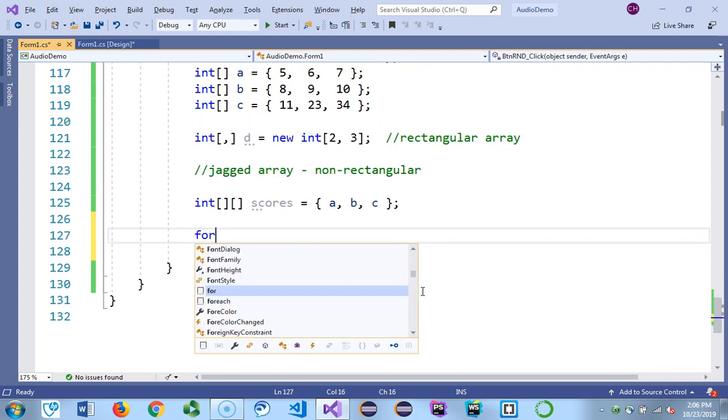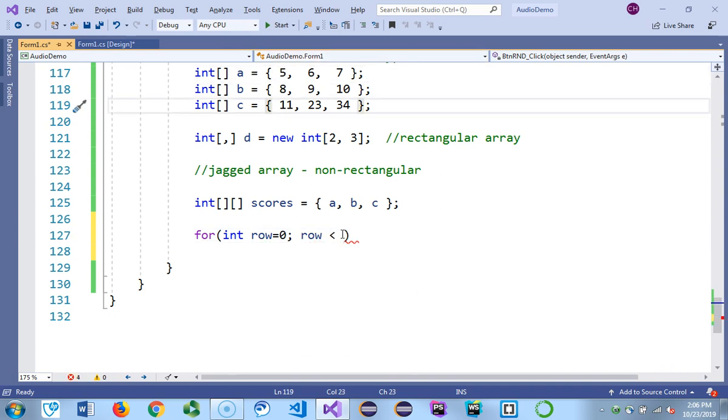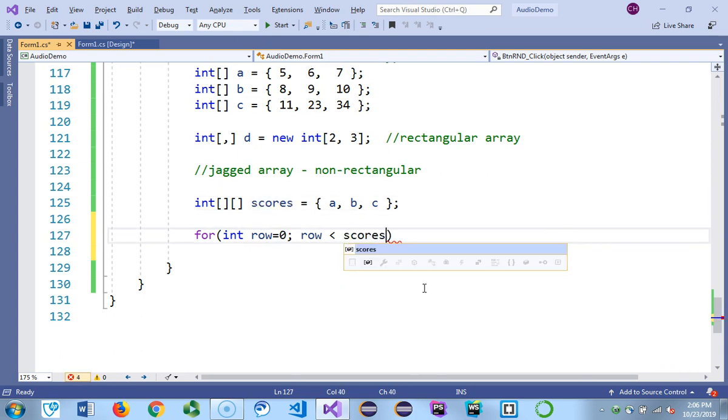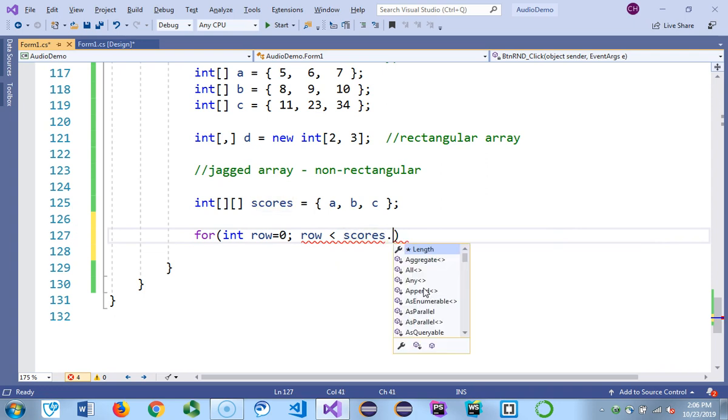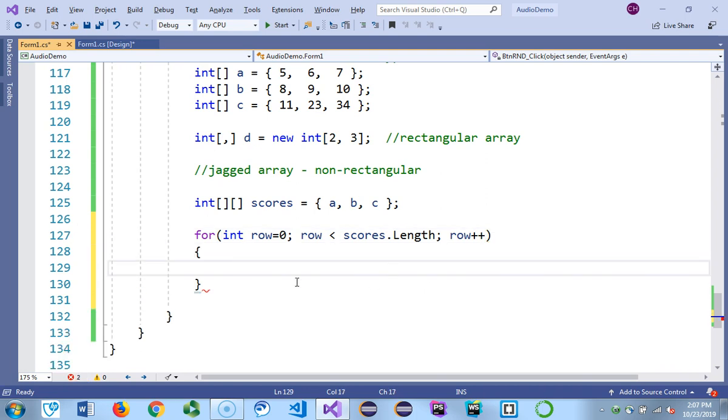Alright, so you would do for int row starting from row 0 until row is less than the length of the entire array. We have 1, 2, 3 rows of scores, so the length of scores is 3, so it goes 0, 1, 2, not including 3, and we increase the row each time. So that's the row, and then now I have to loop through the columns,